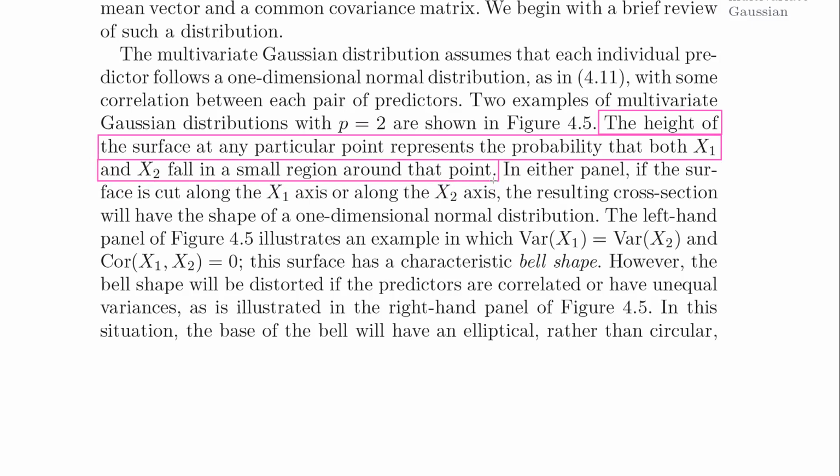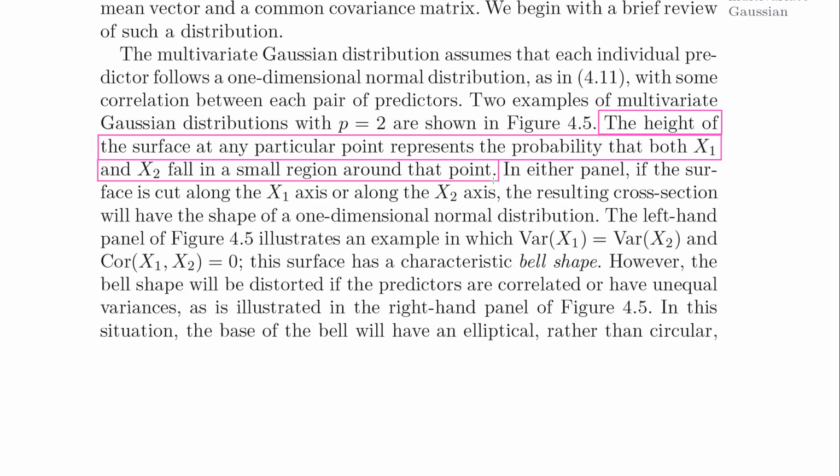The height of the surface at any particular point represents the probability that both x1 and x2 fall in a small region around that point. It's not quite precise, but it's good enough, right? Just think of volume under the surface. That's closer to